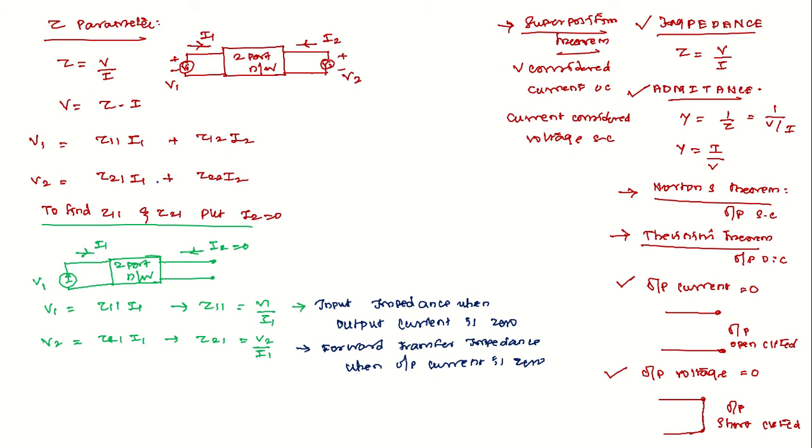Previously we have discussed a few things such as impedance, admittance, Norton's theorem and what it states, and Thevenin's theorem and what it states. So the Z parameter model is two Thevenin's equivalent circuits, one for the input side and the next one for the output side. With this idea, in the next session we may solve with the Y parameter, the admittance parameter.